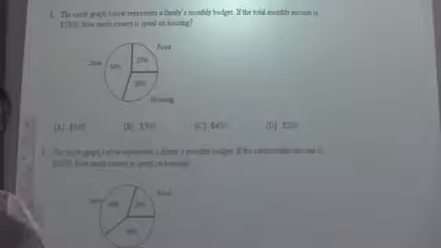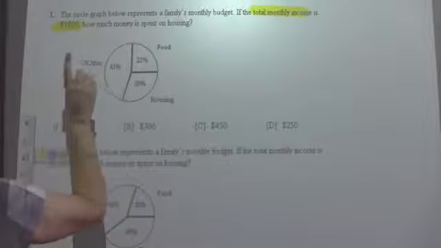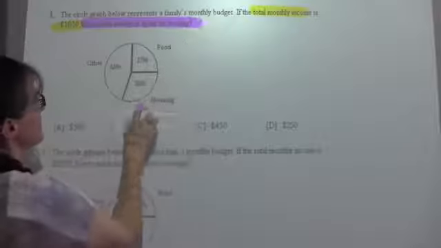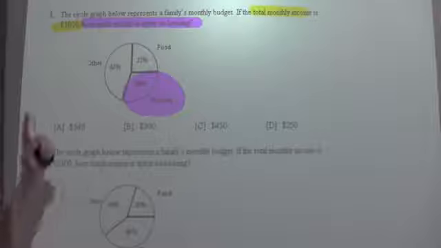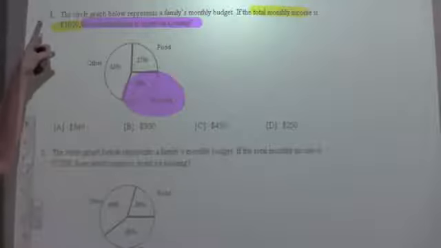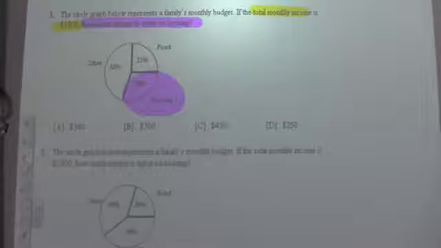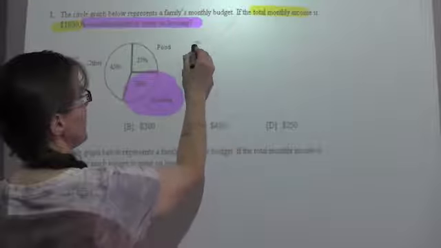So one of the key things to do here is to make sure that you see what you've got here. This is total monthly income of $1,800, and our actual question is how much money is spent on housing? Well, this being your housing, it's saying that 30% of my total budget, $1,800, has been spent on housing. You have a couple of options here. Option A would be to figure out what 30%